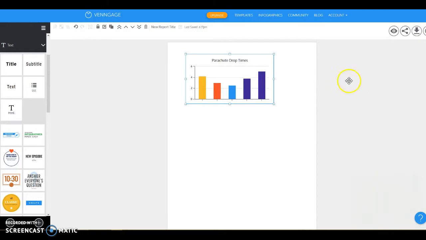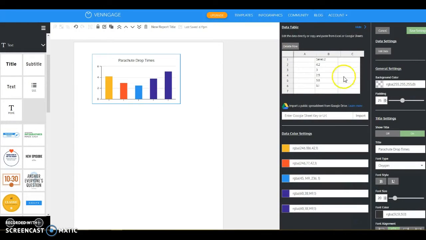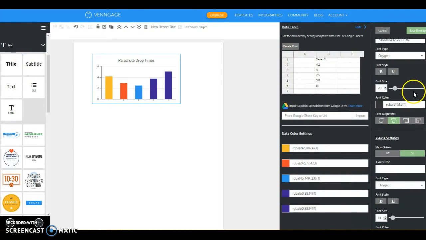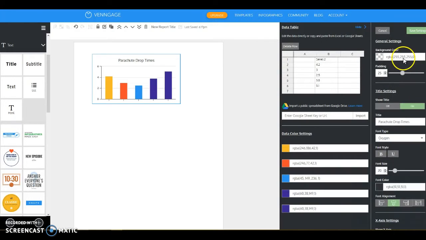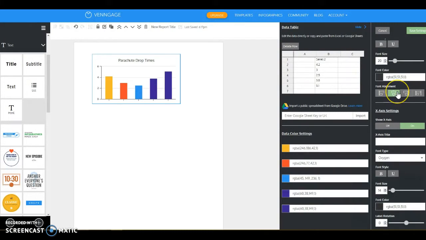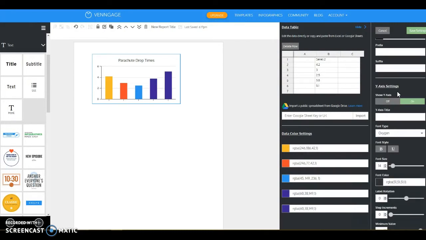Now, things aren't going to visually change until you save your settings, so you can go ahead and do that every time and then just double click to get back into the editing menu. Totally up to you. Or you could do everything, save it at the end, and hope it works. So now we're going to keep scrolling down here. And if I